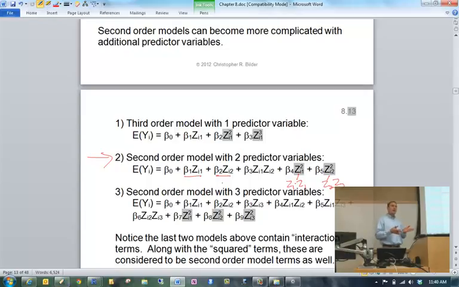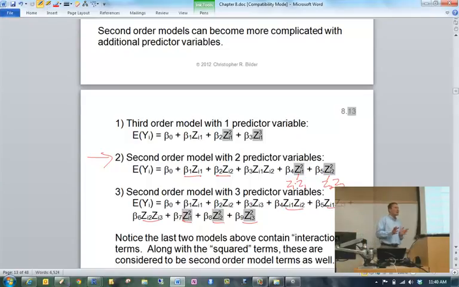You should think on your own, well, suppose you have 3 predictor variables. Oh, shoot, I guess I already had that there. If you have 3 predictor variables, well, what happens? It's the same concept. You take the square of the individual variables, and also you look at their corresponding pairwise combinations. These pairwise combinations are often referred to as interactions.